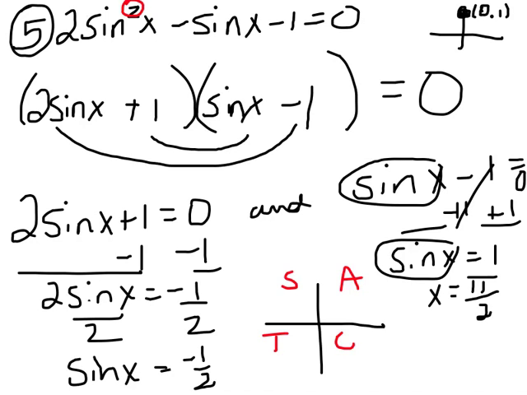But this is negative 1/2, so we're just talking about an angle. We're talking about the reference angle of 30 degrees, but we want to put it in the quadrants where sine would be negative. Sine's positive in the first quadrant because everything is positive in the first quadrant. Sine's positive over here, so I don't want that quadrant. That means my answers, 2 of them, are going to be here and here